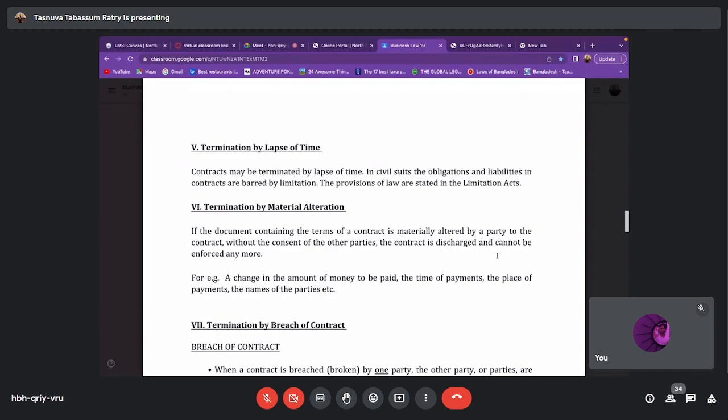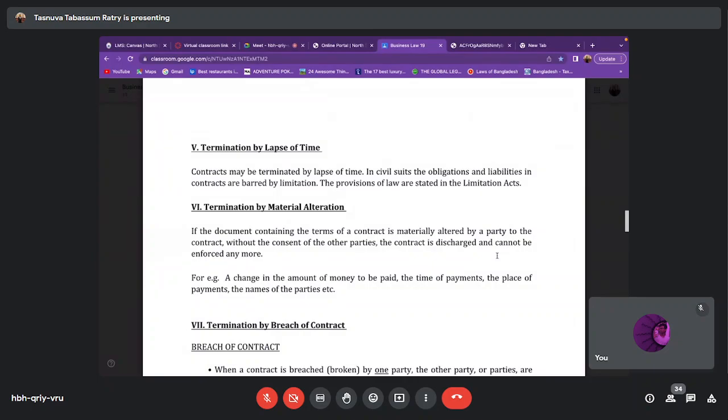Alteration মানে কি? Change করা. They have changed the terms and conditions of the contract. That is also a situation where the contract will be discharged. যদি কোনো of the parties, without taking consent from the other parties, materially alters, edits, changes the terms and conditions of a contract, that contract will be discharged and that contract cannot be enforced because